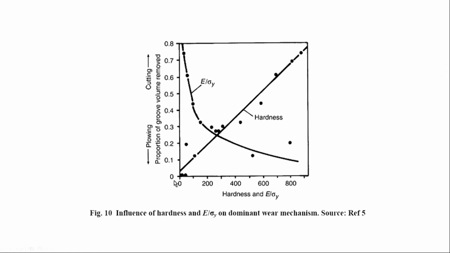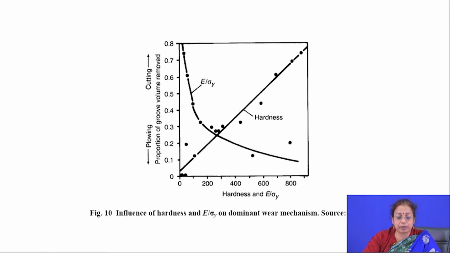So, basically, if you quickly summarize, the material parameters which play an important role in determining the wear behavior of the component are hardness, Young's modulus, surface energy, and toughness. All these parameters play an important role in determining the wear behavior of the material. So, whenever you design any component for improved wear resistance, you have to think of the kind of wear that is operating and also think of the material parameters based on which you are designing the component.